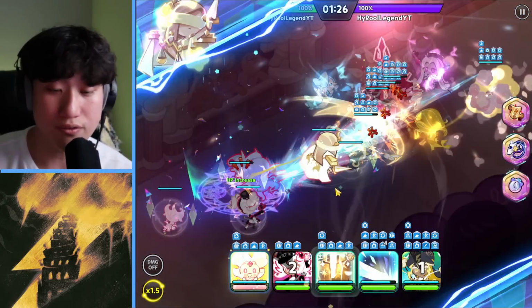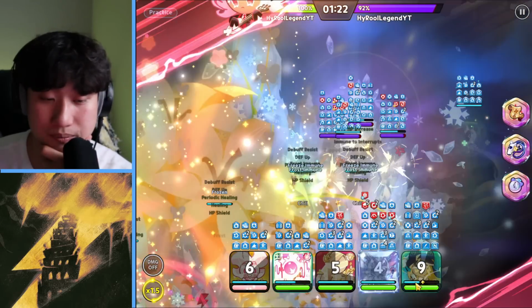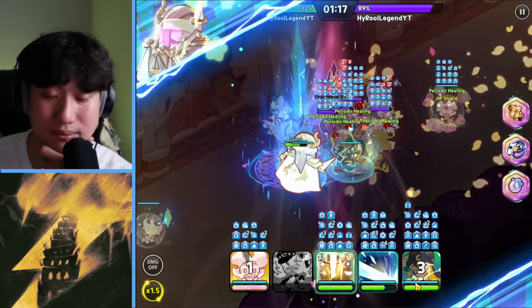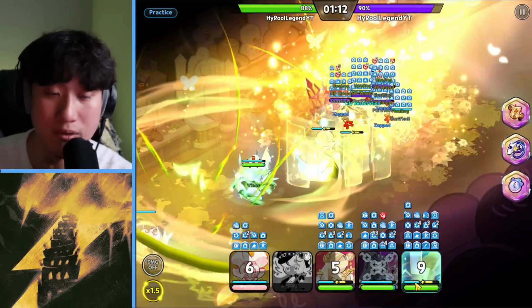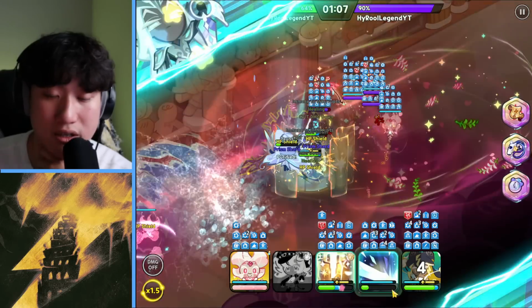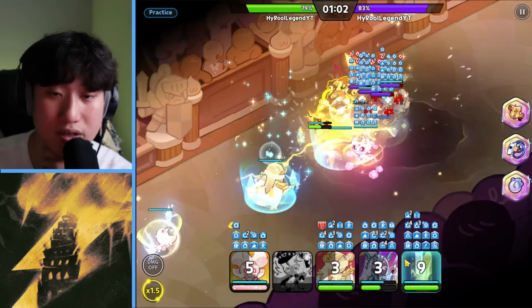Okay, let's see if this will be better. Oh wow, Parfait still dies. Maybe Hollowberry still might be a little bit of a better option. My only concern is if we take out Elder Fairy, the taunt is not there. Like I said earlier, it doesn't matter if the...